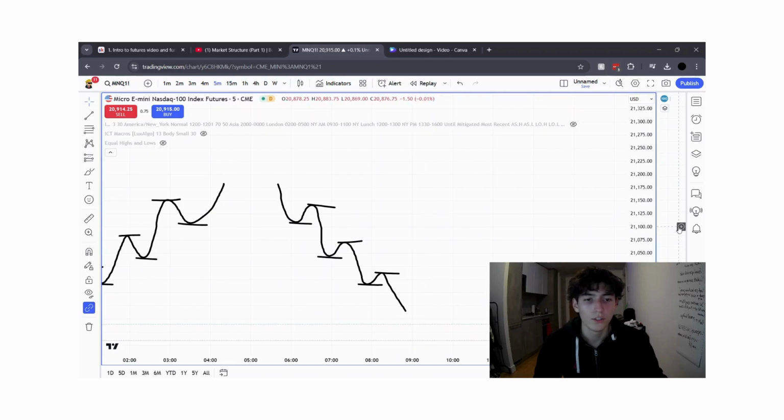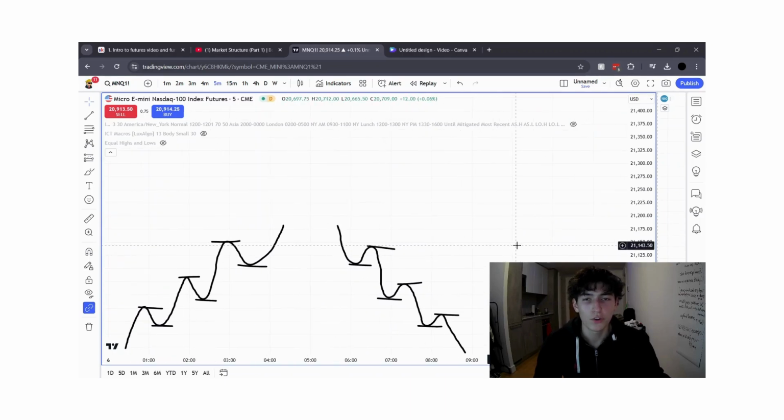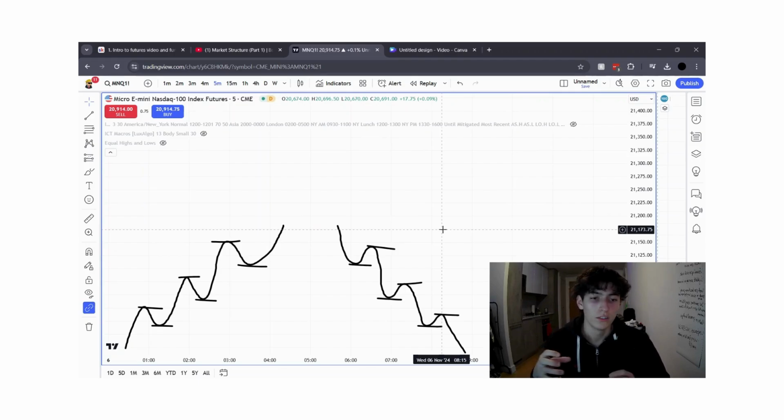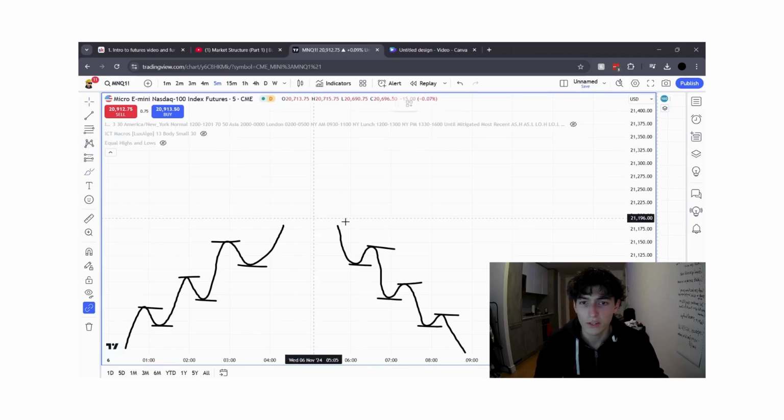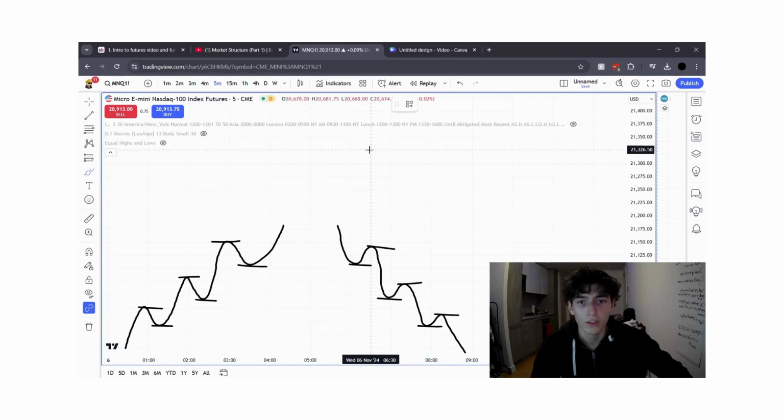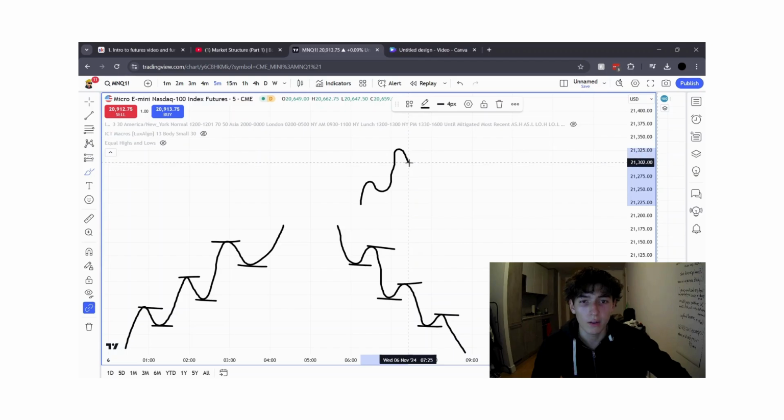All right, how do you know when market structure shifted, which means how do you know when it goes from bullish to bearish or bearish to bullish? Well, normally it's going to look something like this, where you're, let's say, in an uptrend, right? Making high, making low, making higher high, making higher low. And then you go from making that higher high to boom,